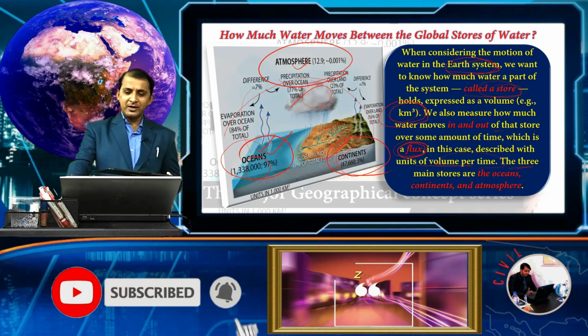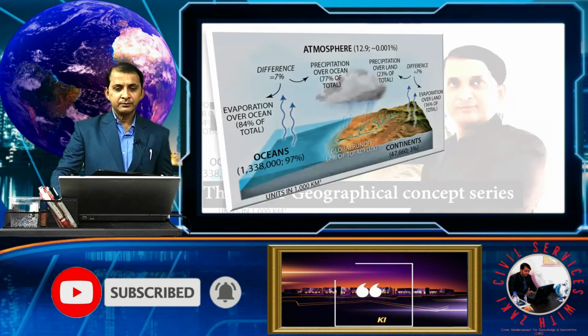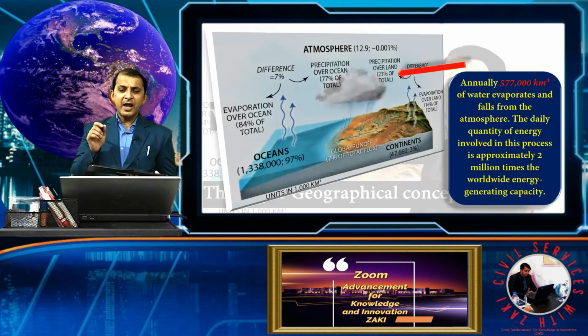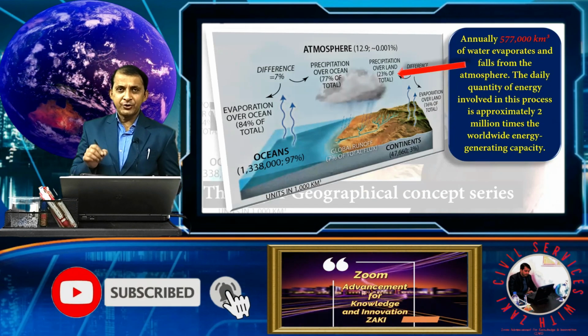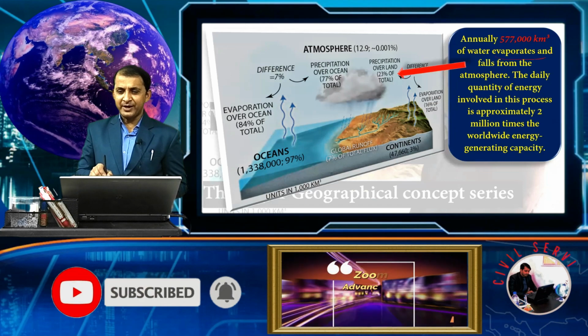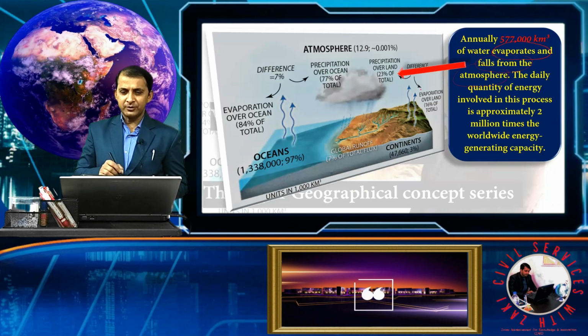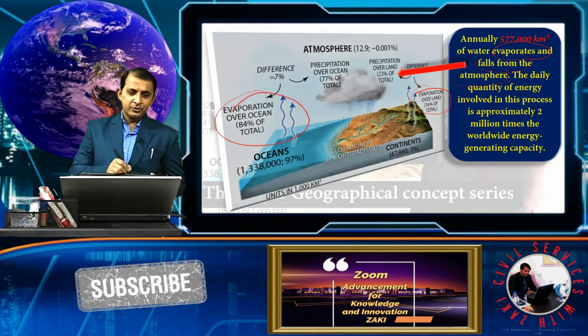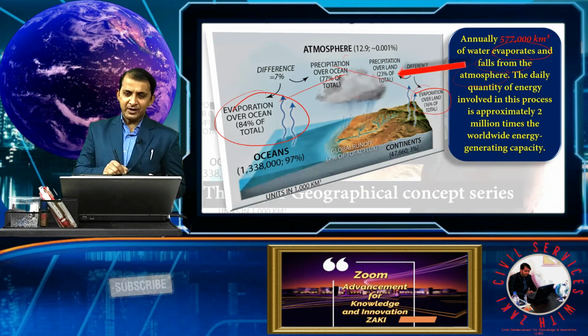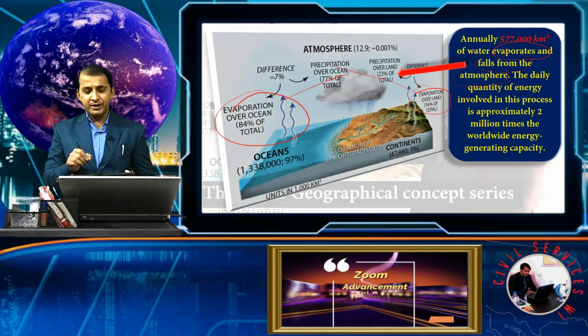So let's move forward and see this. Annually, 577,000 cubic kilometers of water evaporates and falls from the atmosphere. So this is evaporation here and here, and this evaporation and final fall is equal to